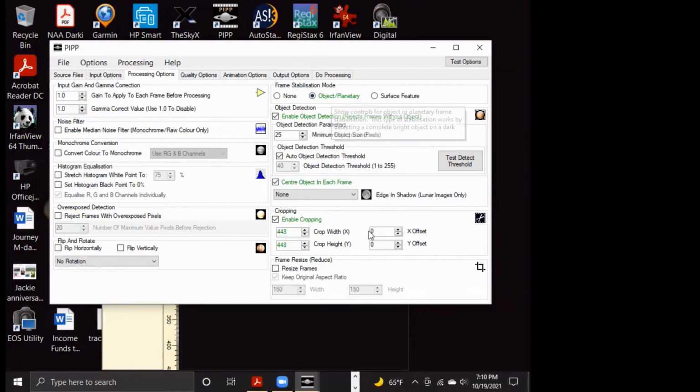If I didn't select that item in the lower right corner earlier, I would have to select this. And we're doing object. Now, when would you select surface feature? Well, that would be if you're doing like a lunar landscape where the entire image is filled with features. Object planetary means you've got a bright object, and this is wonderful. You hover over it, gives you the help. So it works by detecting a complete bright object on a dark background,